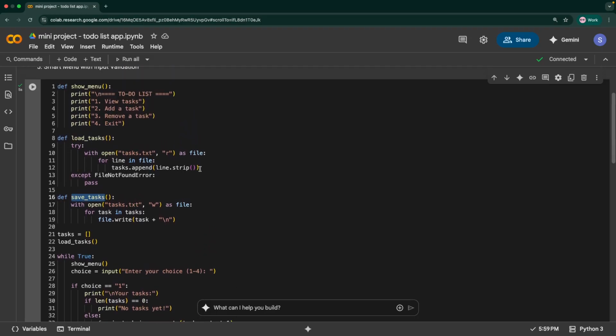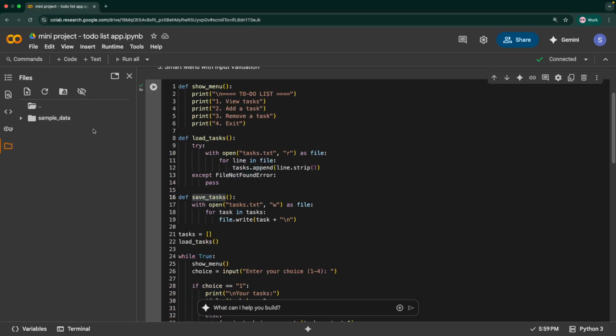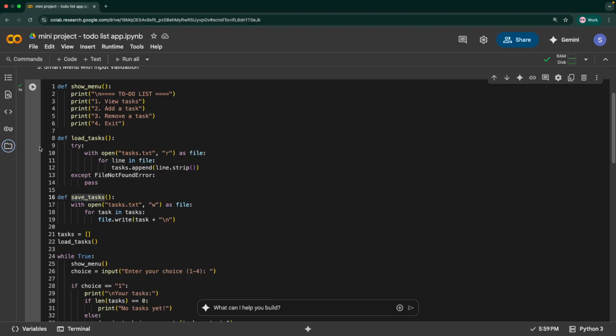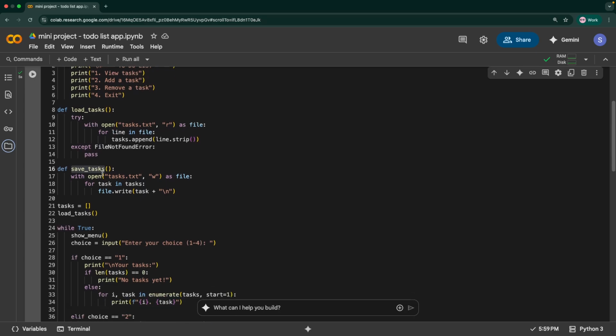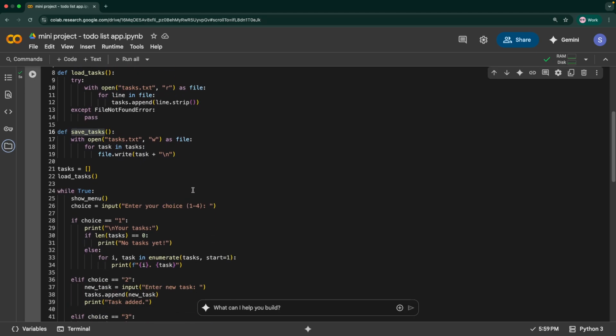So these are the three main functions that we have: show menu, to show the different options to the user; load tasks, to read from this tasks.txt file. For the first time it would pass because the file is not there, but in later runs it would read it, so that there is a continuation. I can run this, add 4 tasks, and exit the application. Then when I open it again, it should read from that same file and continue where I left off. So that's why we have load tasks. And then we have the save tasks function to save the current state, with all the tasks removed and added, to that particular file with a new line for each.